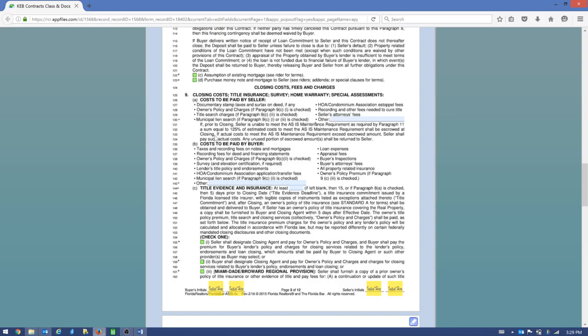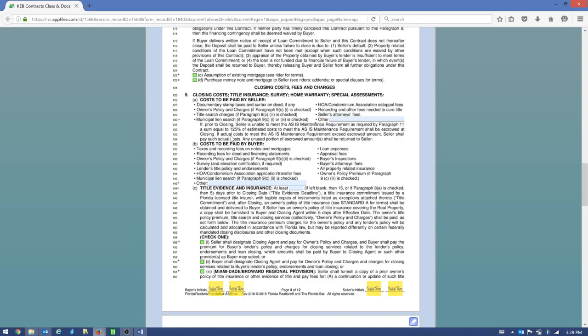Basically, if the pool was supposed to be working at the time of closing and it's not, and we have a repair estimate for $1,000, then $1,250 has to be held in escrow at closing,